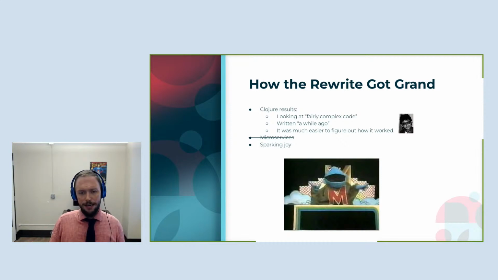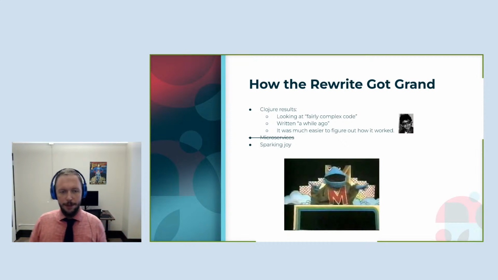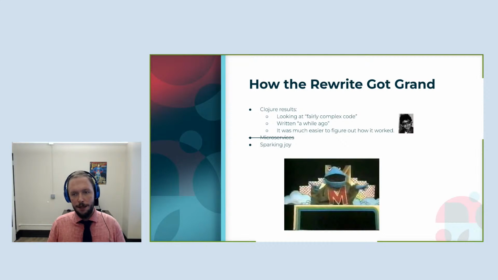And yes, this rewrite essentially, gradually, by stages did become grand. We ended up about a year later removing the last lines of Python from production. And there were two reasons for that. The first reason goes back to that same thing we mentioned about the operational complexity and overhead of microservices.